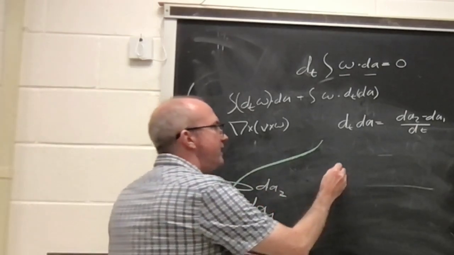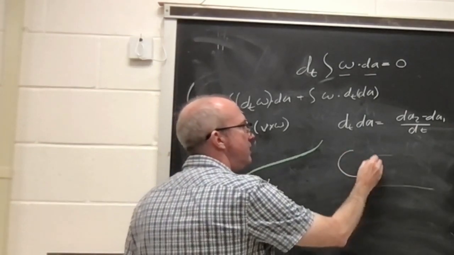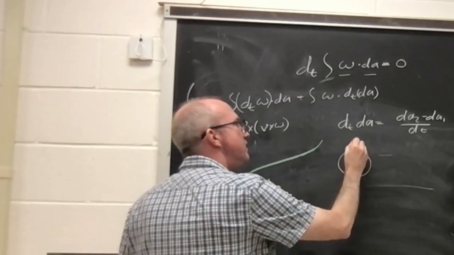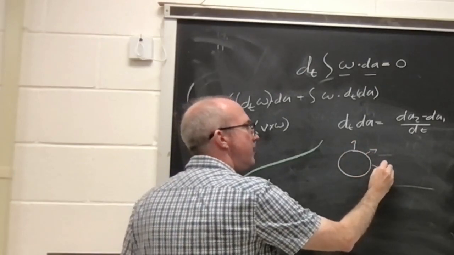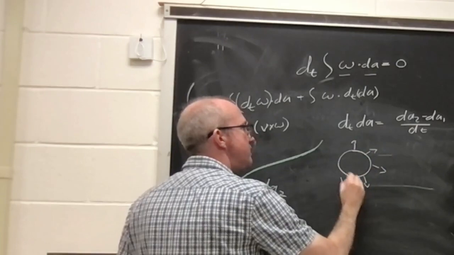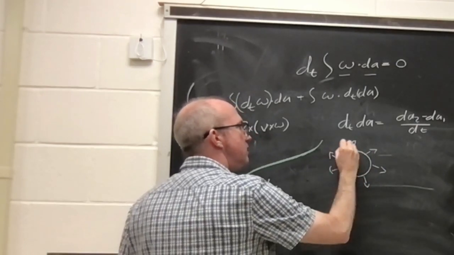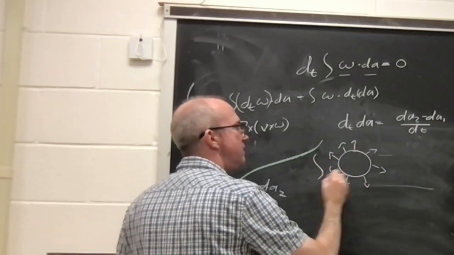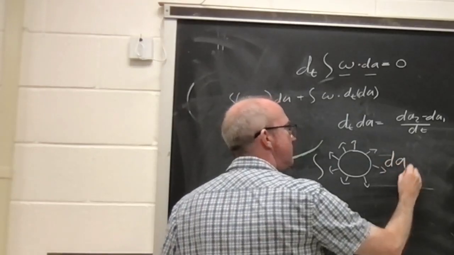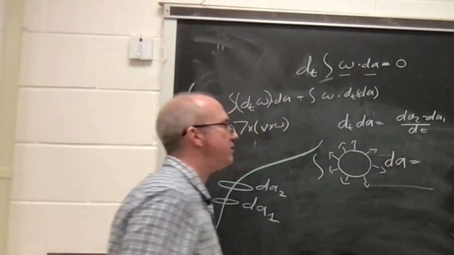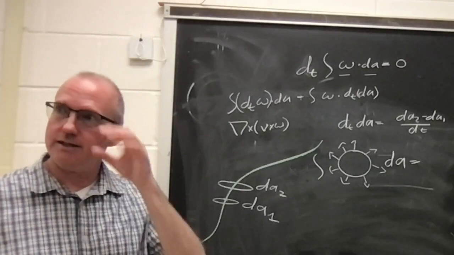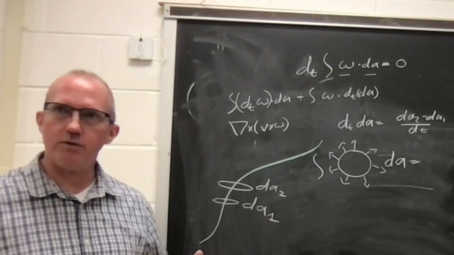If I take a closed surface and I integrate just the outward normal of that surface, I get what? What do you think that's going to be? I just add up all of the outward normals